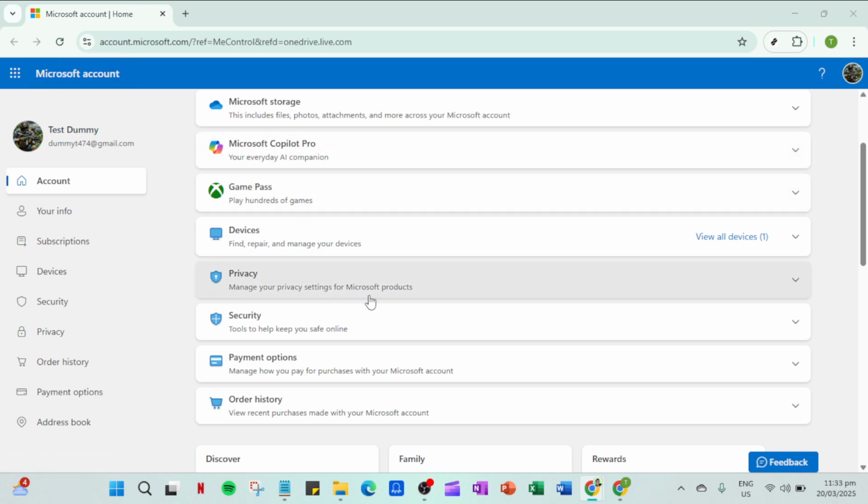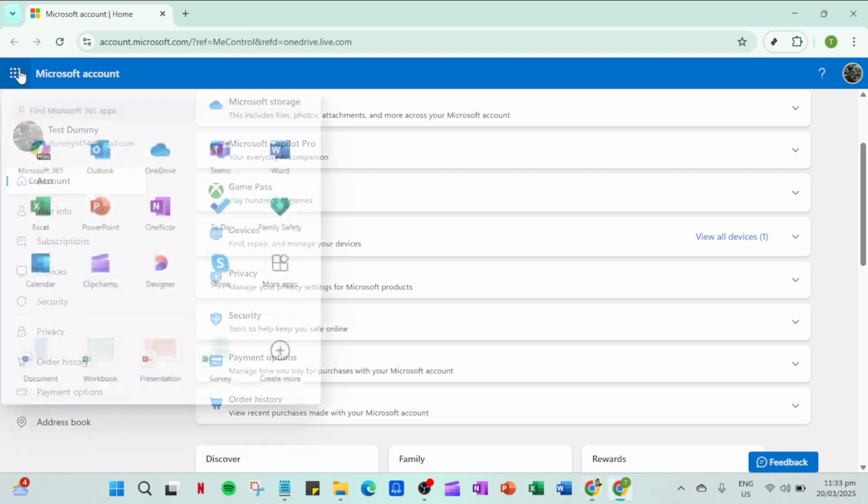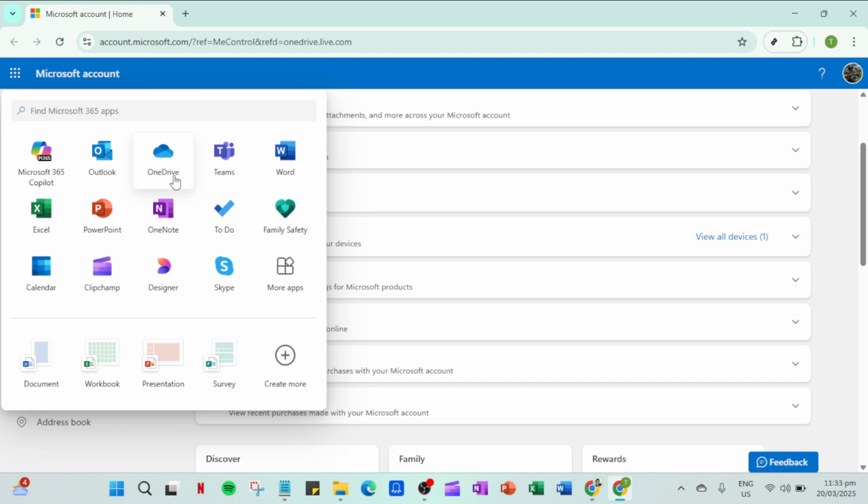If you're not already signed in, open your browser, navigate to the Microsoft login page, and enter your credentials. Be sure to double check that you're using the correct account associated with your OneDrive storage to avoid any confusion as we proceed. Once you're logged in, take a look at the top of the page for the Apps Launcher icon. Clicking on this will bring up a list of the various Microsoft services and applications available to you. From this list, find and select OneDrive. This will take you directly to your OneDrive homepage where you'll be able to view all of your stored files